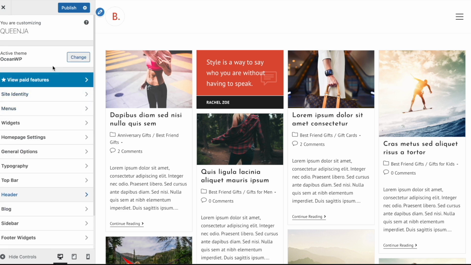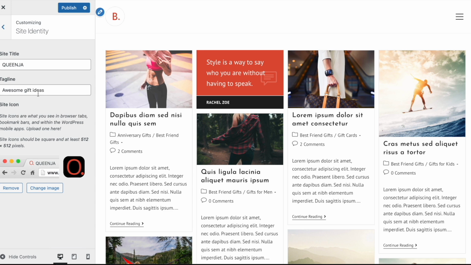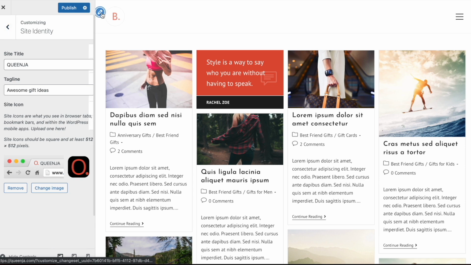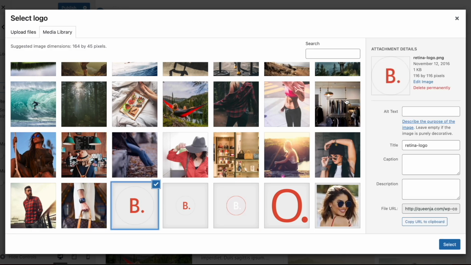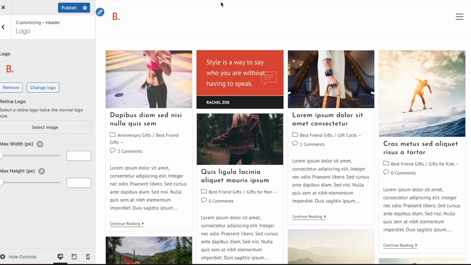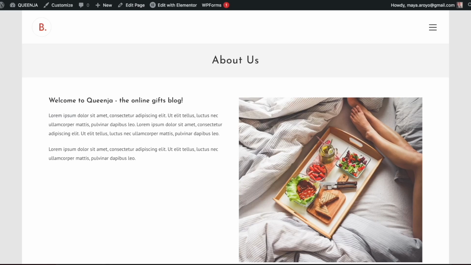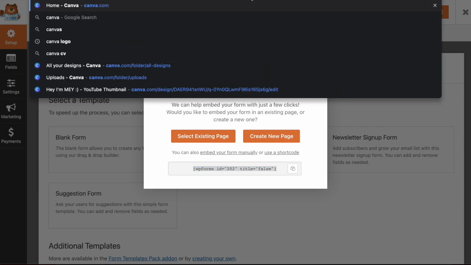And what you can also do when you're designing things, for example, you went to site identity. You can't find the logo, but you do notice that there is a mark here for logo. It just takes you directly to it. And what we have here is this logo, which is an even square. And what we're going to do is replace it with another even square logo by just going here, going onto Canva,